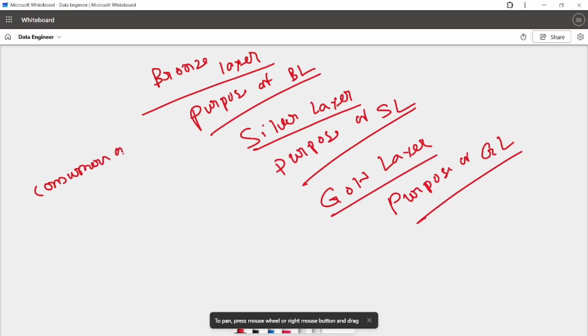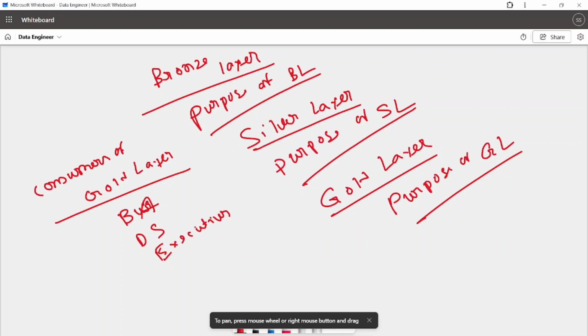Consumers of the gold layer. Okay, so the consumers of the gold layer are business analysts (BA), data scientists (DS), executives, then Power BI (PBI) reports, then Tableau